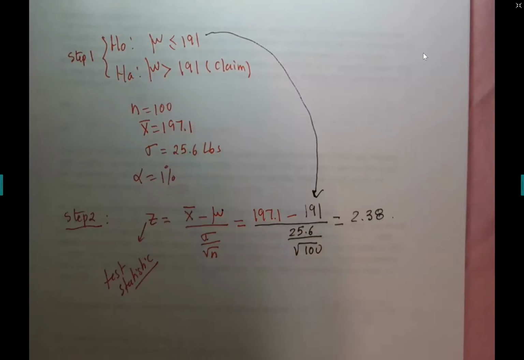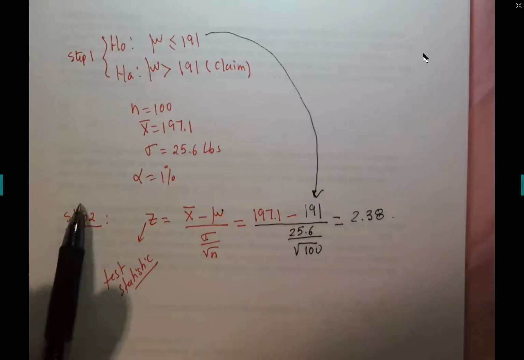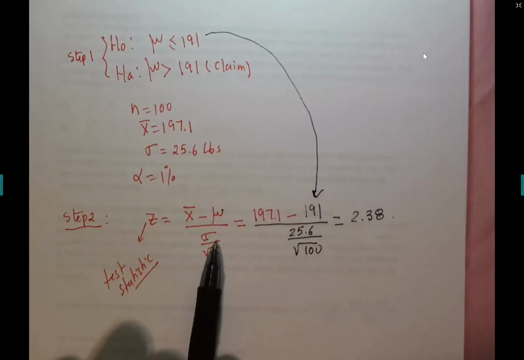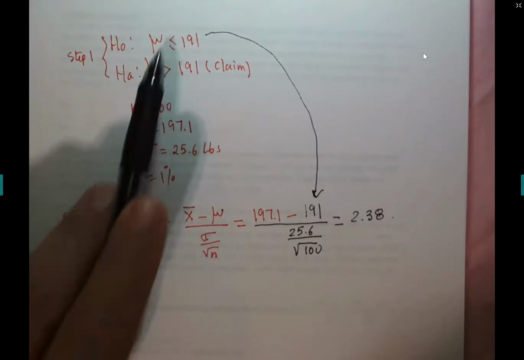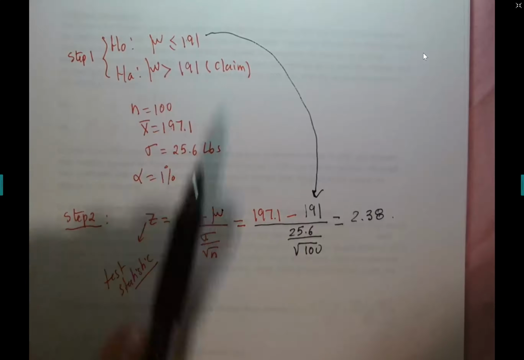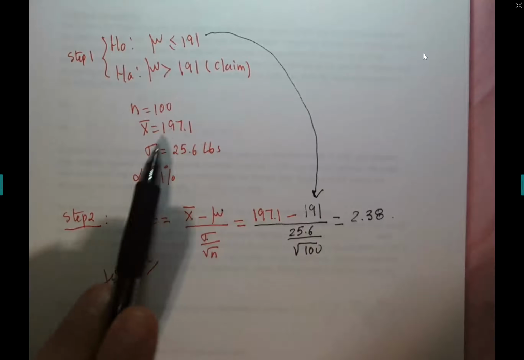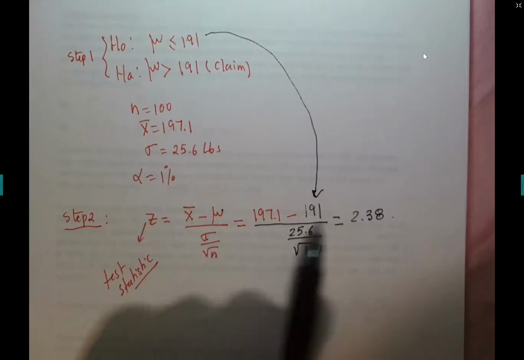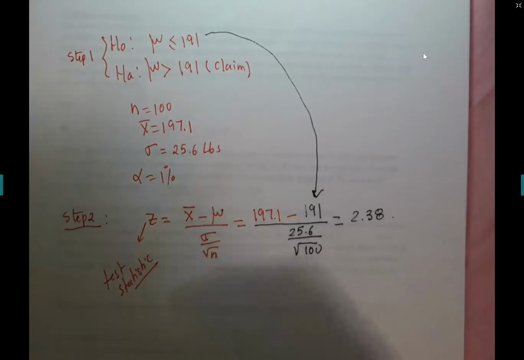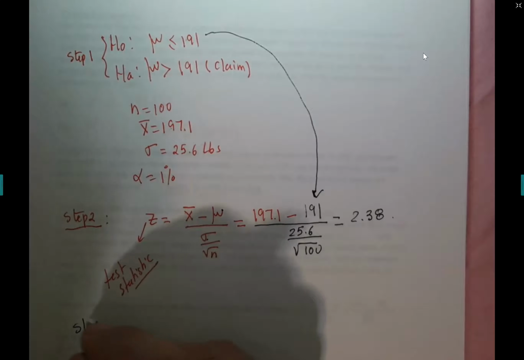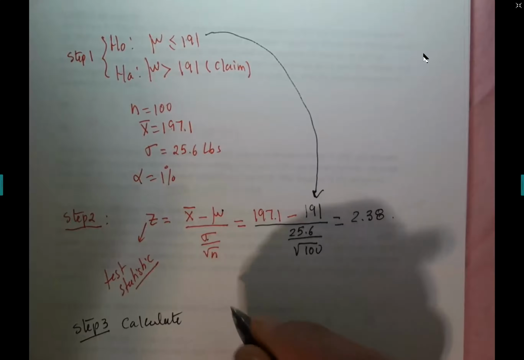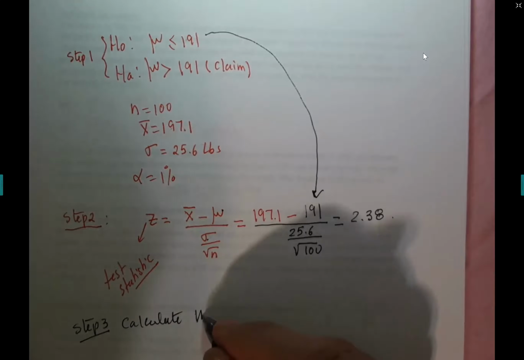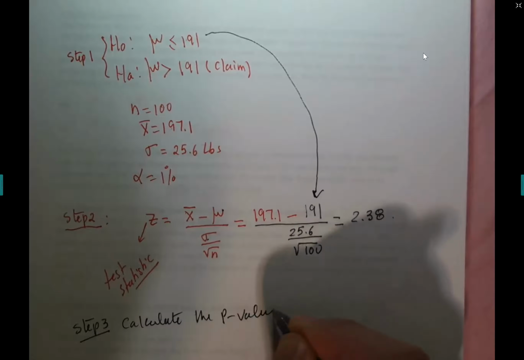All right. So step number 2, we will give you this formula. You don't need to memorize it. So X bar, you just take this value and put it here, minus the mean, you pick it up from the null hypothesis always. Sigma will be given to you, and n, and you got this value. Let me tell you what the p-value is now. Step 3, calculate the p-value. You're gonna love the calculator soon because you don't need to do any of this work, but I'm just gonna show you what the p-value is.